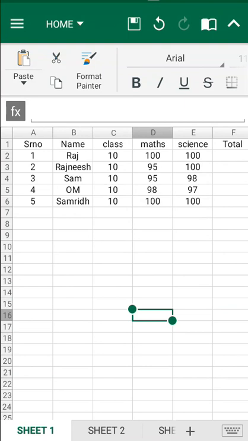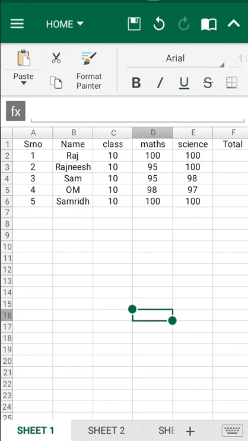So in Excel, the basic thing is that Excel is also known as a spreadsheet. Excel is basically a collection of rows and columns. In that, a table plays a very important part. In Excel, tables are there, just like the tables 1, 2, 3, 4, 5. So a table consists of rows and columns. In a row we enter the record, and in a column we enter the individual field.